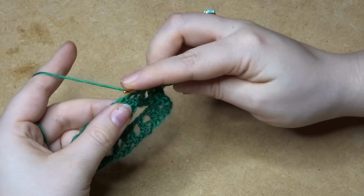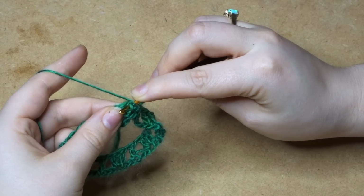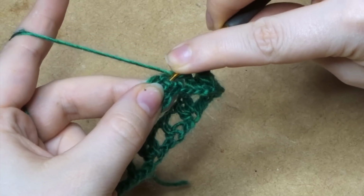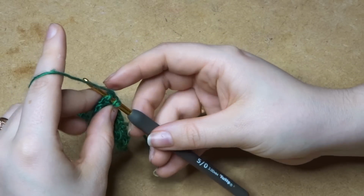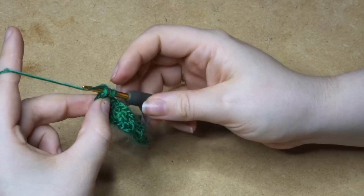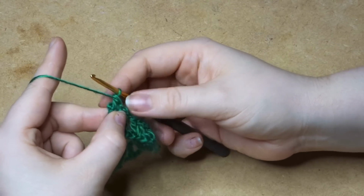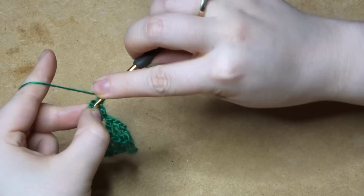You're going to yarn over, insert your hook under and out of that first post. So just to show you that again, yarn over, underneath and out through the middle. And now you can turn your work more towards you, and you're going to do 5 double crochets. So yarn over, pull through, yarn over, pull through 2, and that's your first double crochet into that one post. So now we've got 4 more, same place that that's gone into,